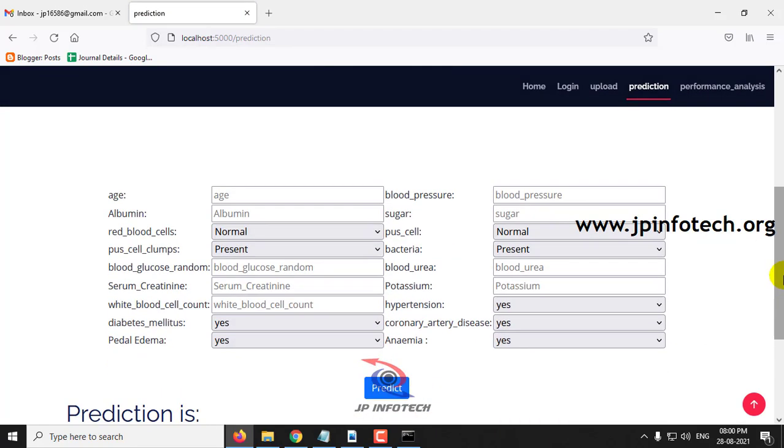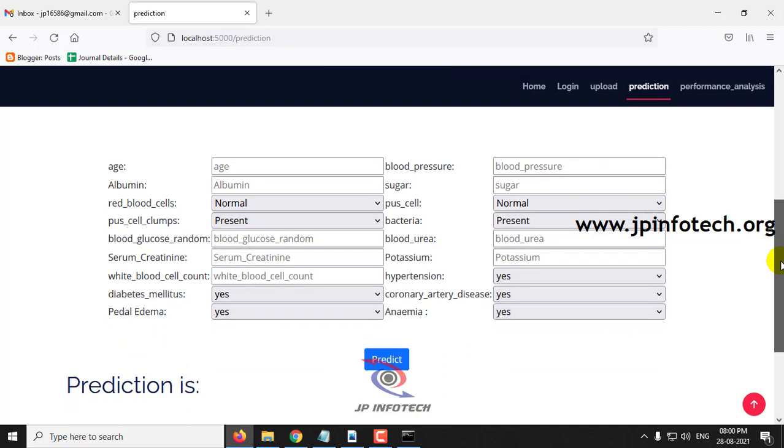Here we can find the prediction whether chronic kidney disease is present or not. Let me show you two cases, a positive and a negative case, and you can check with other scenarios also.